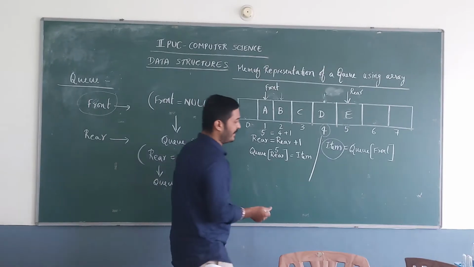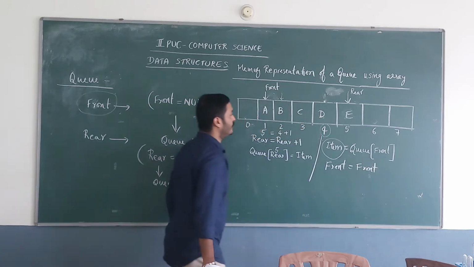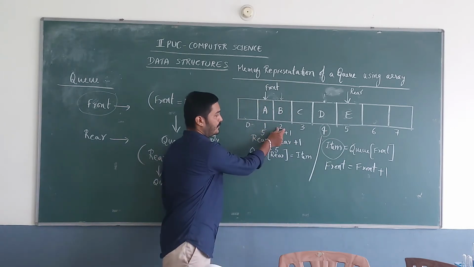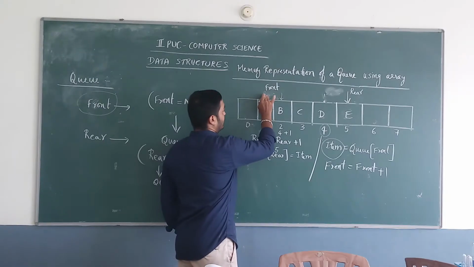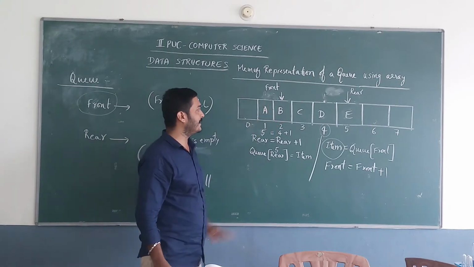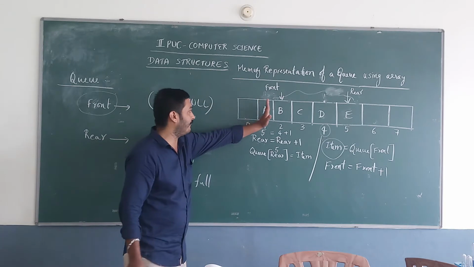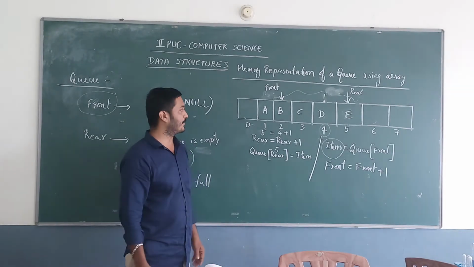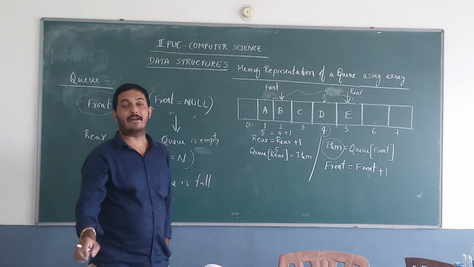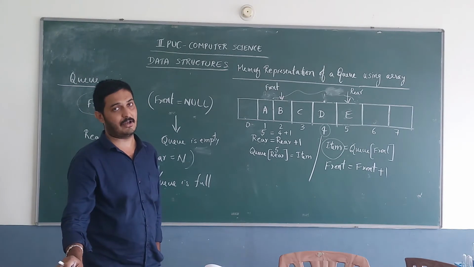And then next, we have to increment the value of front. Front equals front plus 1. Here front equals 1. And for the next location, front equals front plus 1, so that will be equal to 2. So front will be moved to this location. Automatically we will consider these particular elements are in the Q except this. So value A will be ignored. Like this only you can perform Q deletion. Q deletion is one of the important aspects in Q operations, and you can expect this question in your examination also.